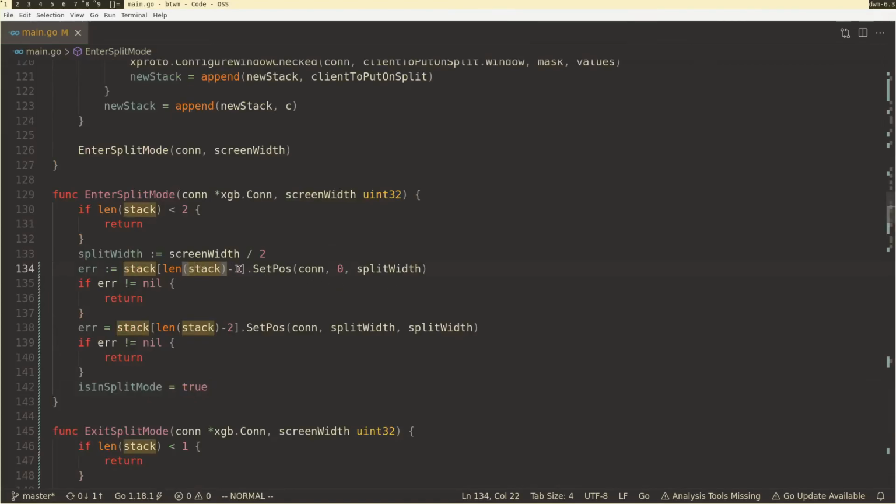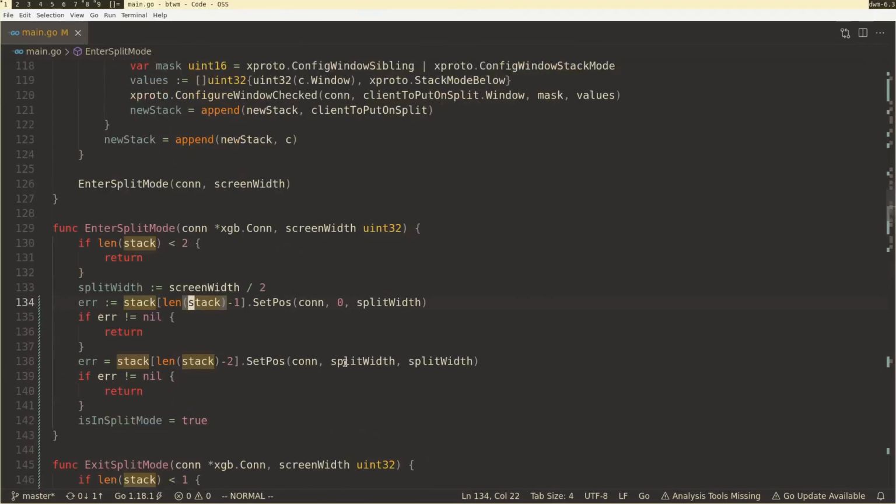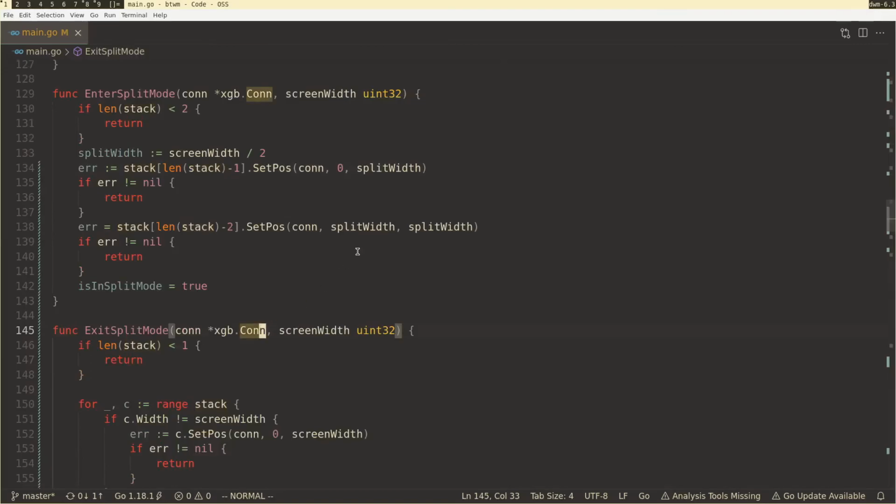Why would it happen? It would happen when the stack would be out of position. How can it happen that the stack is out of position? But you know what? I think this is enough for now. We have